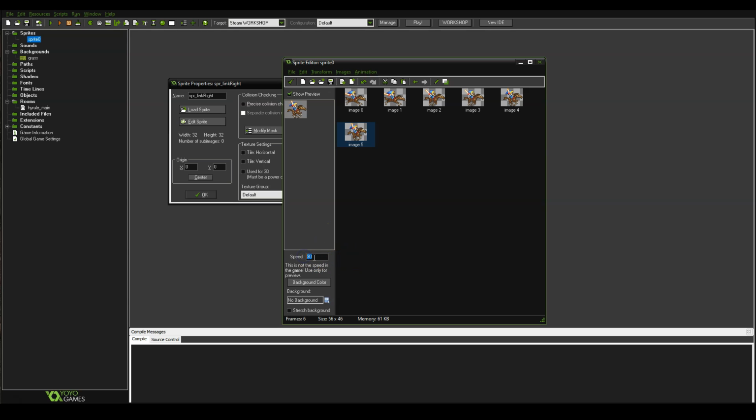The speed, you'll notice I can just change this up. I can just make this 15, and it will go slower on the preview automatically. That will not affect the game, so I would suggest maybe just leaving it at 30 and adjusting the pictures. There is a way that when you change the sprite images, you can change the speed of it. I just think that making more costumes is an easy way to bring it down. Okay, so that is it for link to the right. So I'm going to say okay,